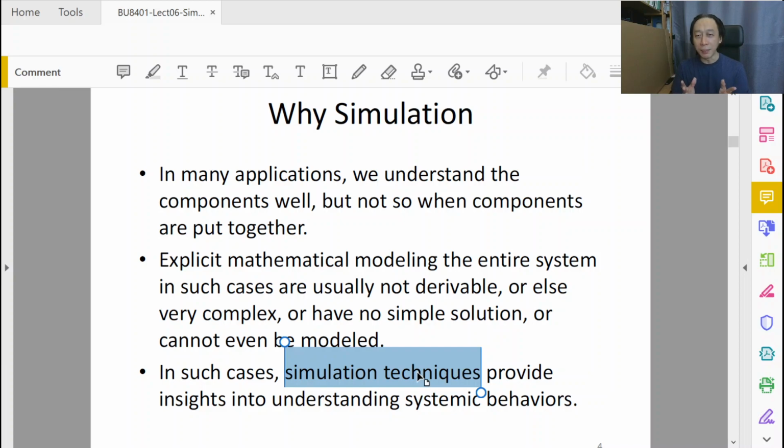What we are doing is a bit like Lego blocks. We understand the geometry, the physics of individual Lego blocks, but when put together, it can be a dinosaur, it can be a house, it can be anything that is so complex, right? That we may not understand the height, the shape, the accessibility, and so on. So simulation is exactly the technique that we use to understand and make decisions of a situation, such as a complex business merger and acquisition situation,